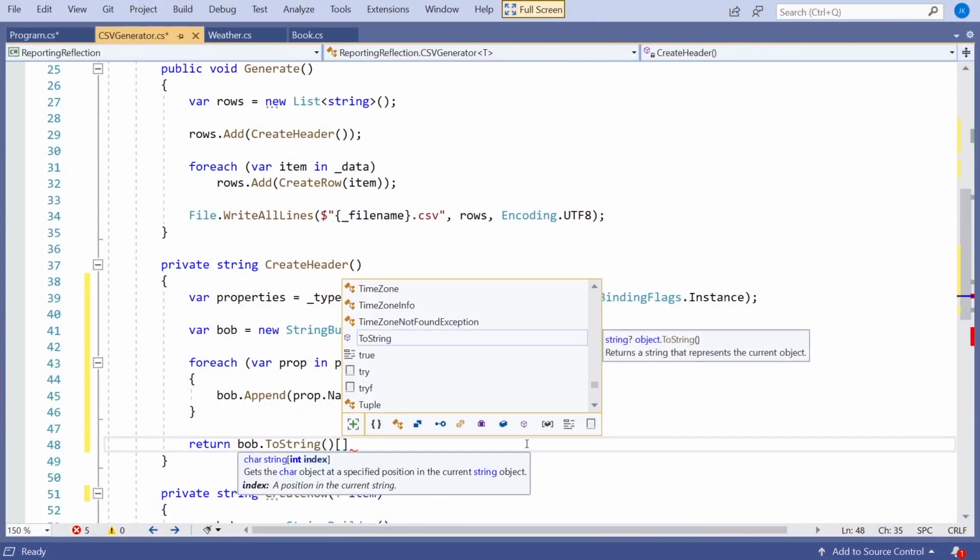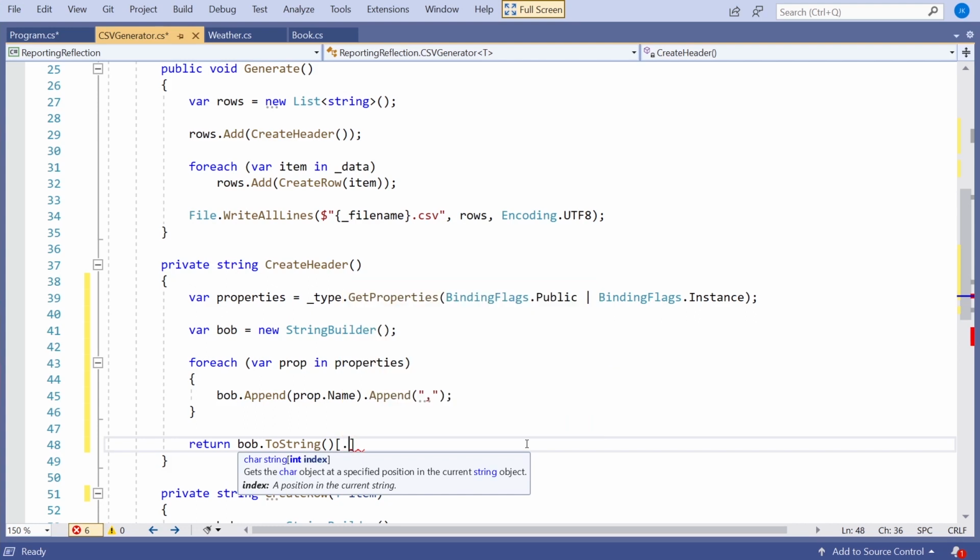So what I'm going to do here is just put square brackets, dot dot, hat 1. And what that is saying is I want to take the string that's returned, but have a subrange of it from the beginning, so there's nothing before the dot dot, and then the hat 1 means 1 in from the end. So you could have done this before with a Substring method or something like that, but this is a really neat way that we can reduce that, and because we're going 1 in from the end, we'll lose that trailing comma. So that's our create header.